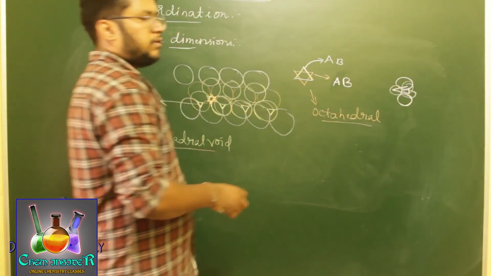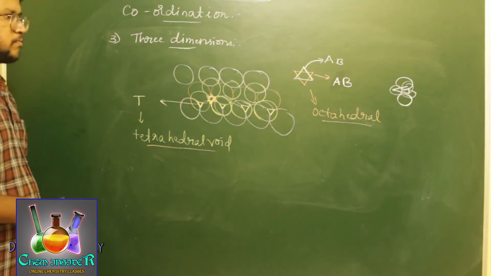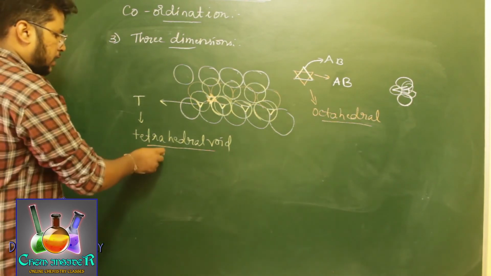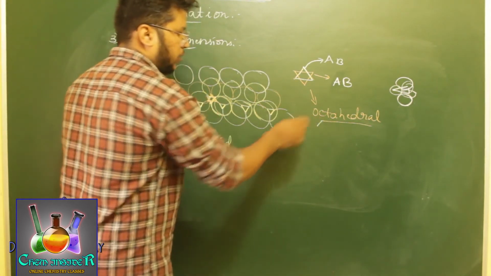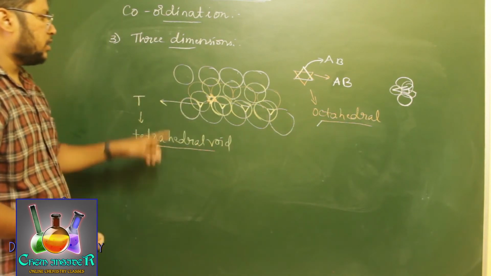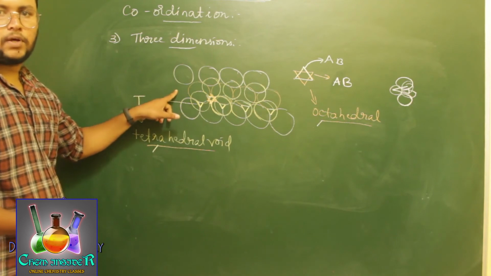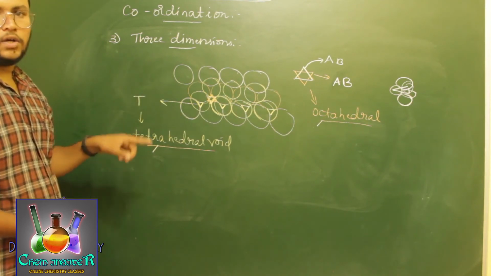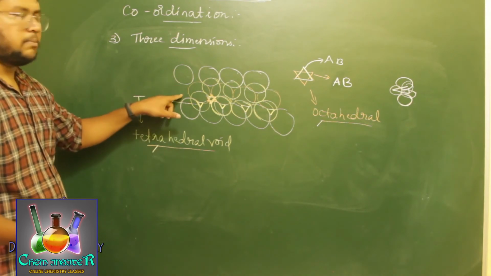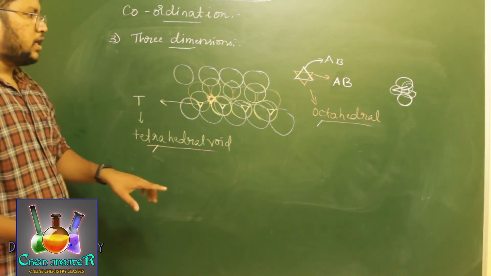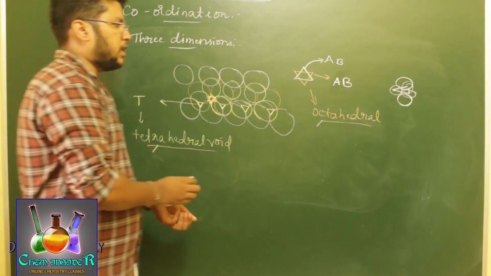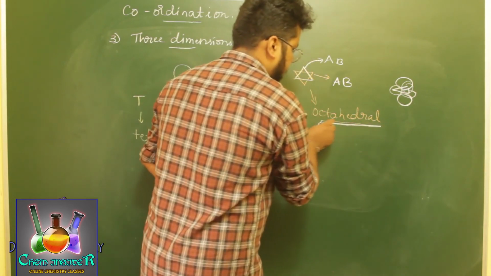We won't have any voids present. For an AB upon C type of arrangement, we won't get any tetrahedral or octahedral voids. We get tetrahedral or octahedral voids when arranging AB upon AB only. So we're going to get tetrahedral or octahedral voids when we arrange AB type of arrangement over the AB type of arrangement. If you arrange C type of arrangement upon AB, we are going to get just the octahedral arrangement.